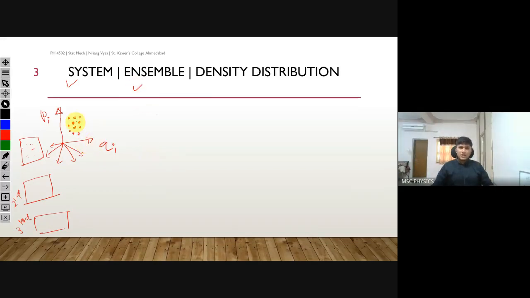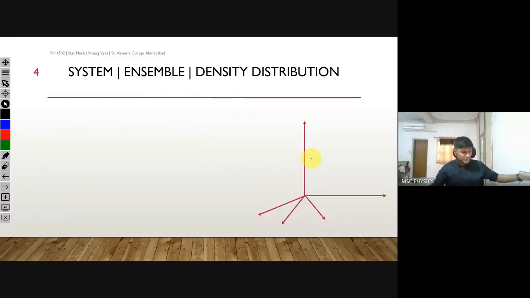So we know something about ensemble. A collection of systems having the same macroscopic state but different microscopic states is called an ensemble. So for an ensemble there is a collection of points, and since there are collections of points, we talked about density distribution, and the density distribution is rho as a function of q, p, and t. This we call the density distribution function. Now let's talk something about the density distribution function. We talked about that yesterday. So what do we mean by this density distribution function rho of q, p, and t?